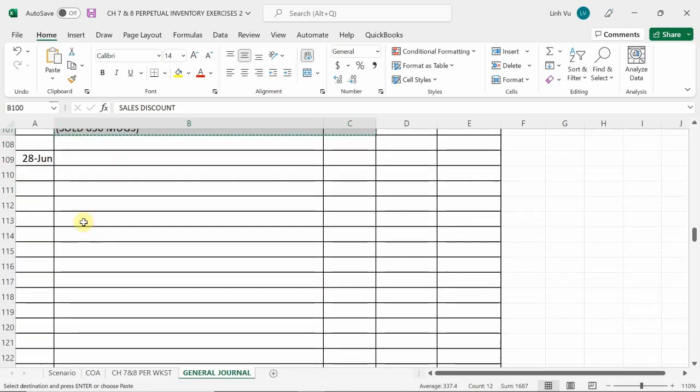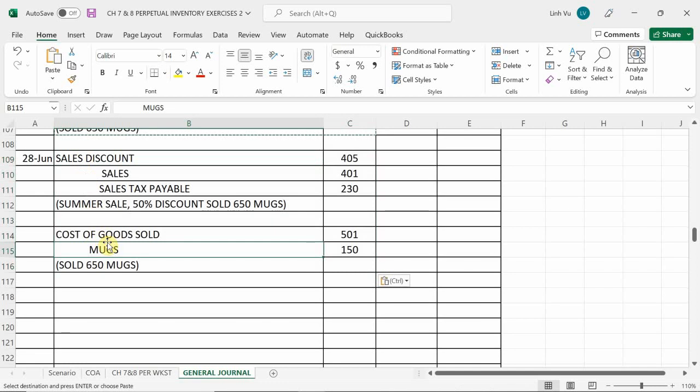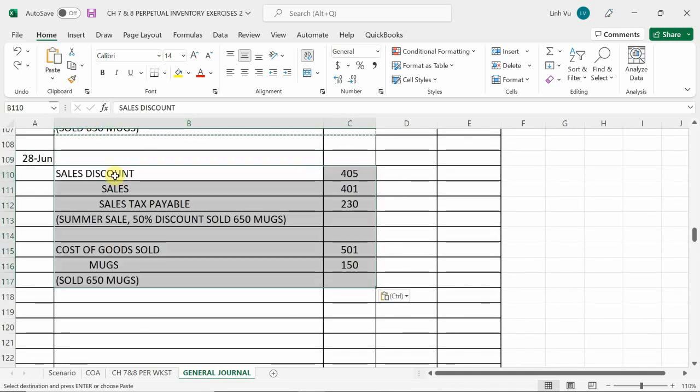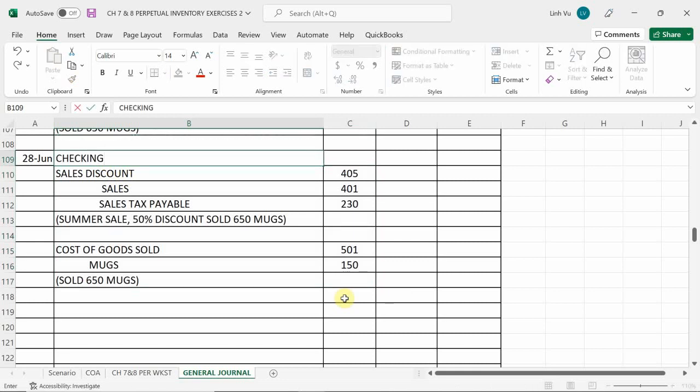And that should be perfect for your journal here. One more down. There you go. And this is going to be your checking account because he used his credit card, so it's going to go straight to the checking account. Okay. So once again, this time,